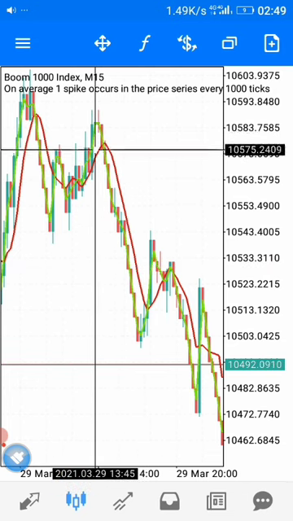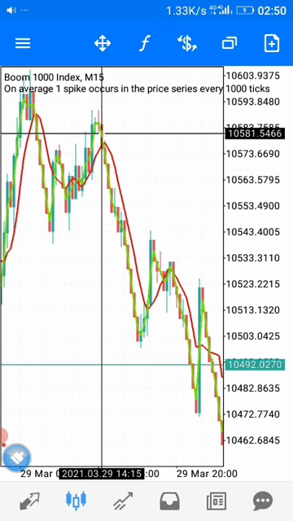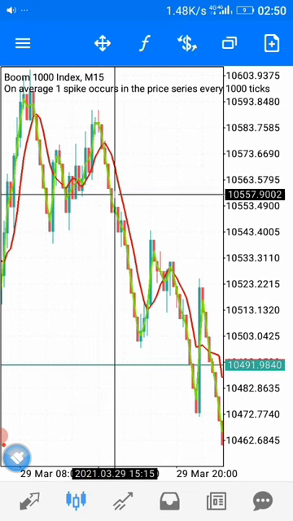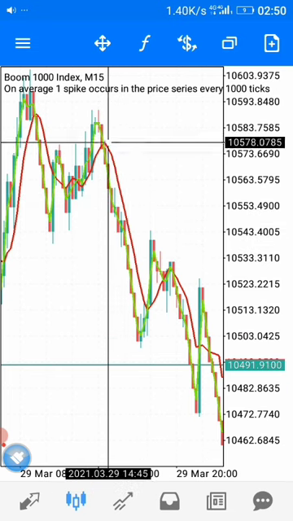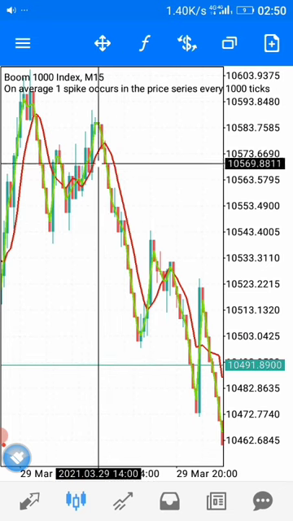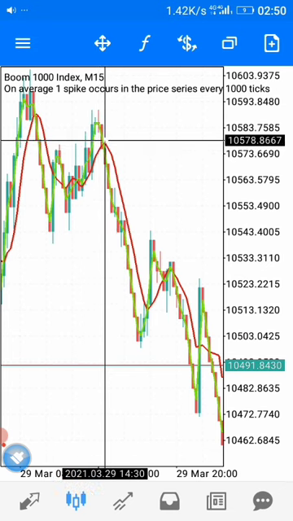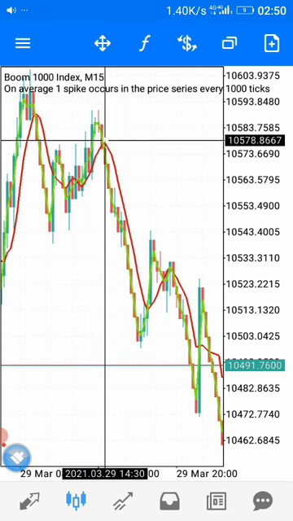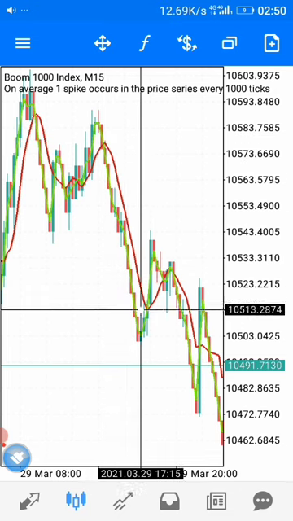Now you will see that the green moving average, period 2, whenever it crosses the red moving average downwards, you will have a downtrend. Don't forget that I said the higher the time frame, the longer the trend will go. Now it crossed here downwards, the green crossed the red moving average downwards, and then you have this bearish movement up to this point.